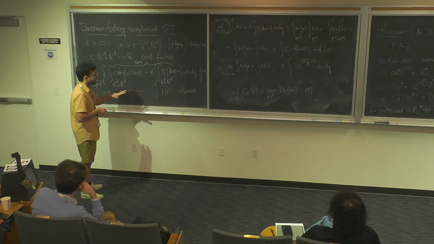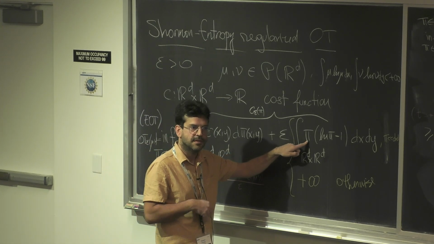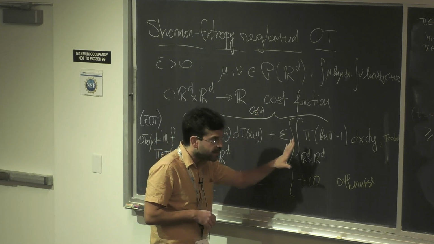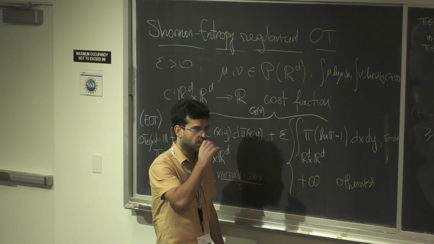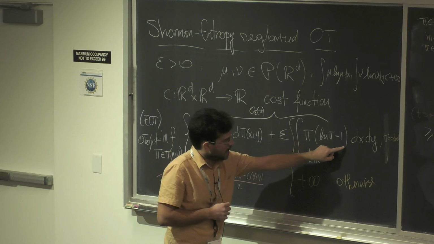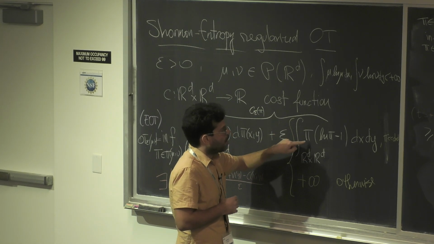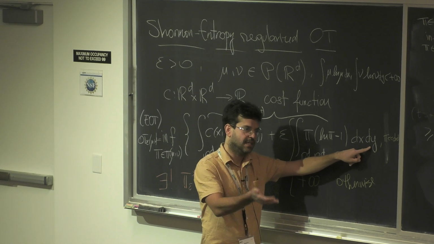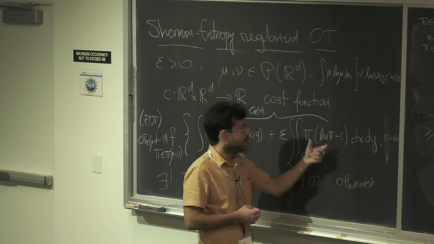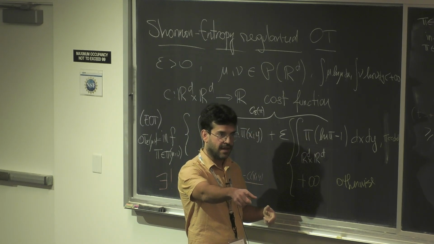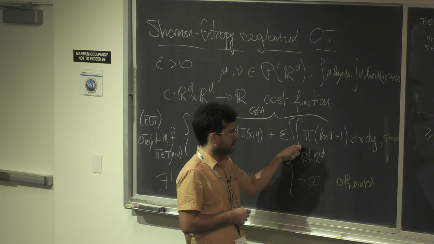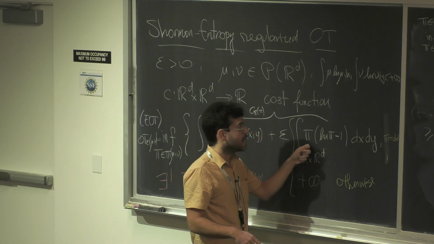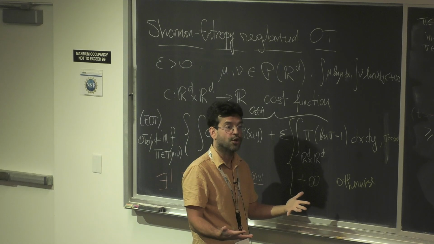So what I have done in the classical case is, if I take a function that is convex, where we use the derivative for simplicity, and has a nice growth at infinity, everything works, but there is a key difference. If I'm regularizing pi using phi of pi with dx dy in the continuous setting, I may not always have the existence of the maximizer of the dual problem. But if I do the smart thing that I was telling Rafael before, and take phi of pi with respect to the product measure, then everything works in exactly the same way. But if you take a function that is not the Shannon entropy, those two problems are not equivalent.